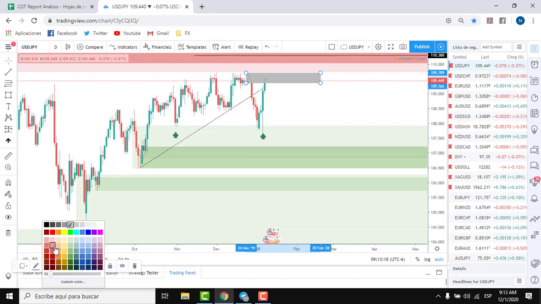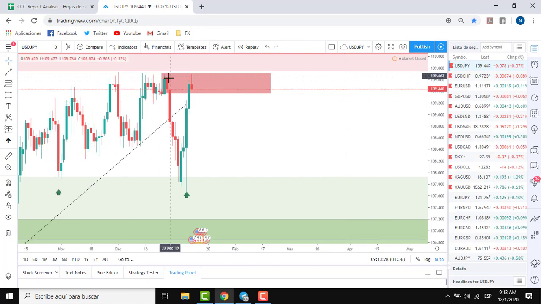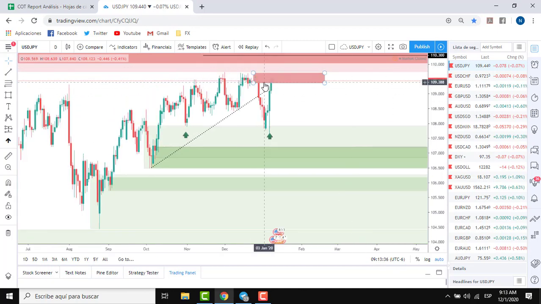But there is one thing about supply and demand that people don't implement in their technique, which is the fact that we need to evaluate how price returns to the level. They just spot the imbalances on the chart and they start trading the imbalances, which is good. My opinion is that we need to evaluate as well how price